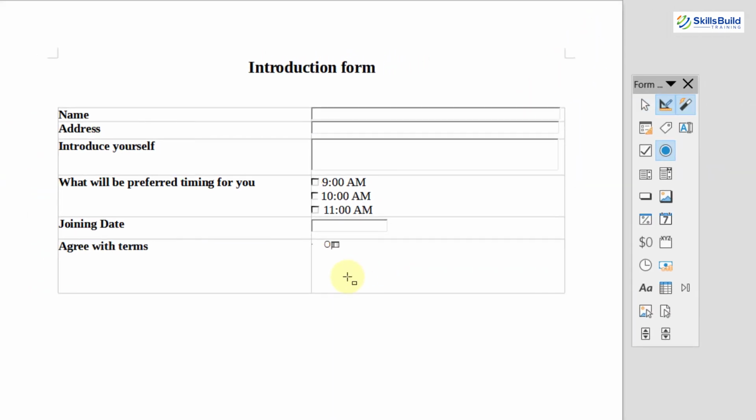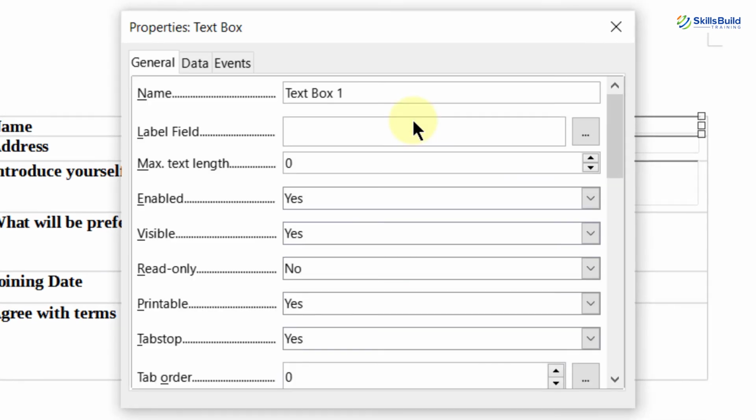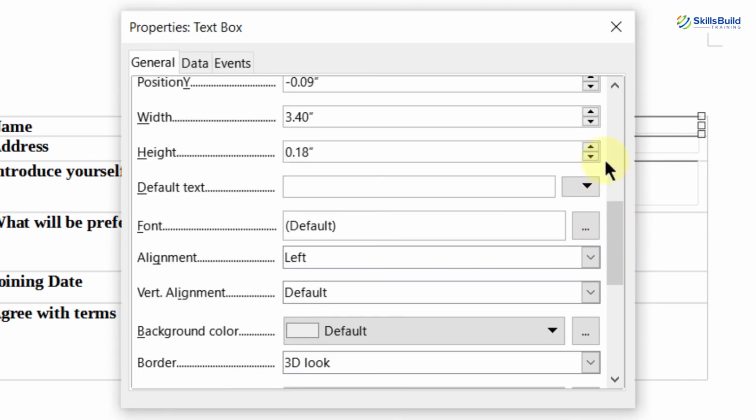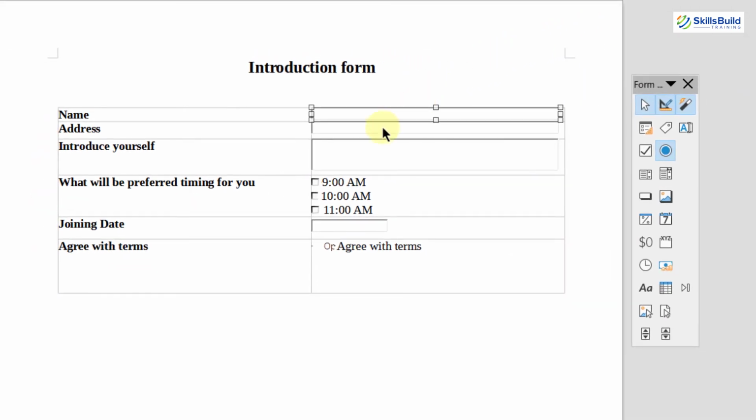So after drawing my checkbox, I will write here. Here I have my text field. If I double click on it, again I have different options which I can use for my text field. For example, if I want to have a maximum text length, I can specify that here. Now it's 25. Now the user will not be able to write anything more than 25 letters. And down here we have several other options. I will just cross this one, and same goes for all other fields. You can double click on any one of these and you are good to go.